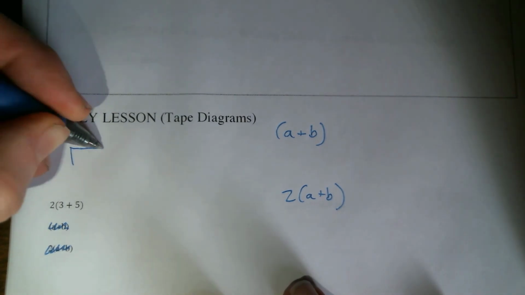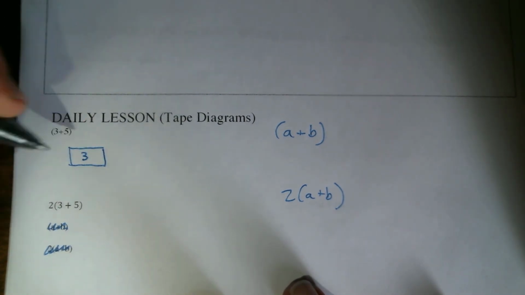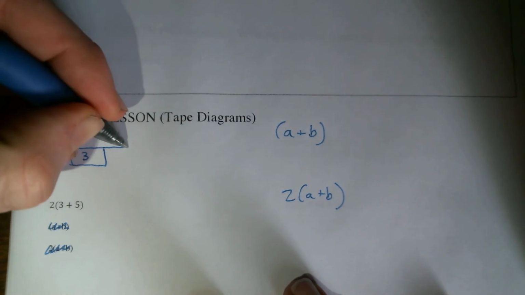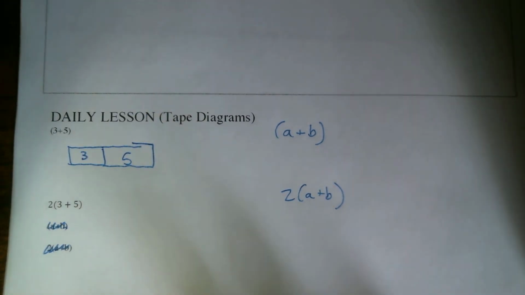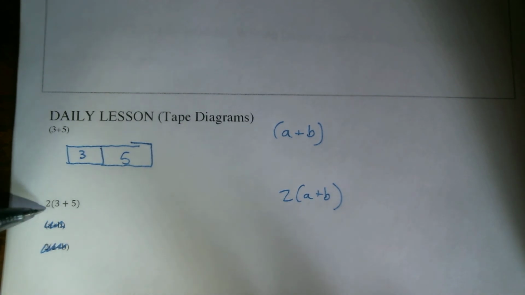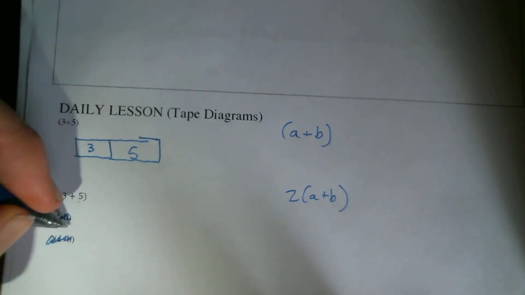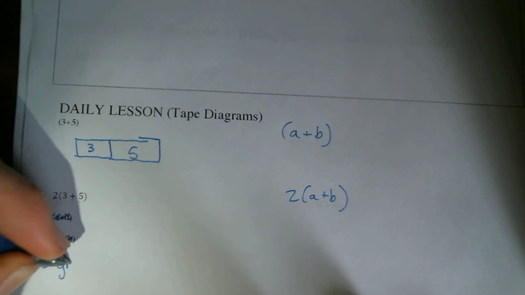Well, pretty simple. I'm just going to do this. I'm going to show 3, and I'm going to show 5, a little longer, added onto it. That's a rectangle. We'll try to close it. So then if I told you 2 groups of that, right? This means 2 groups